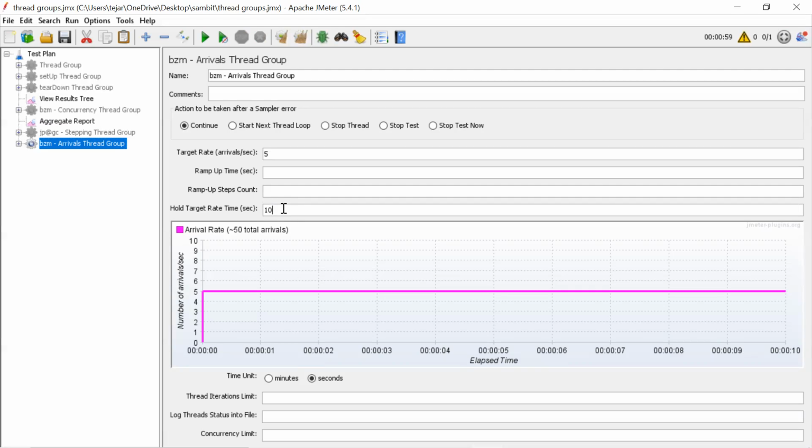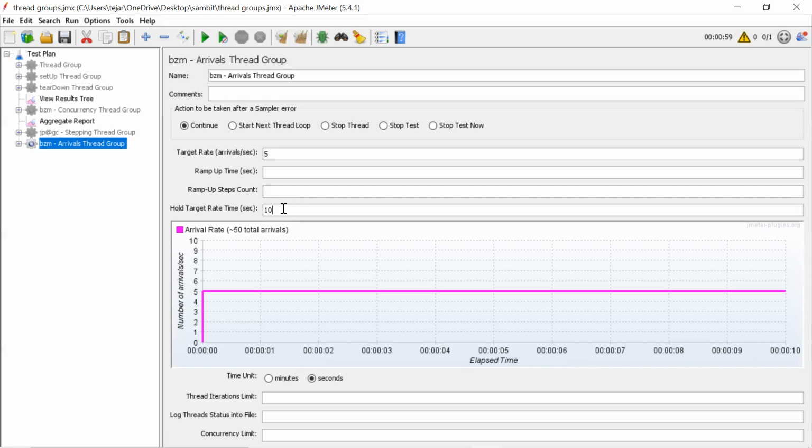Target rate, yes, I think so. Now, based on these numbers, we should get a load of 50 users. It should be within a second, all 5 users will be a boom.